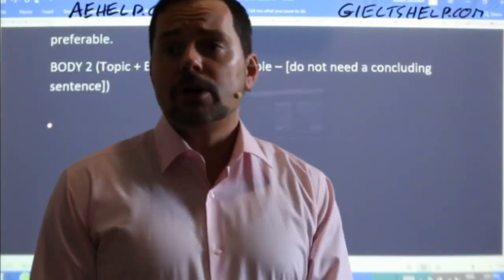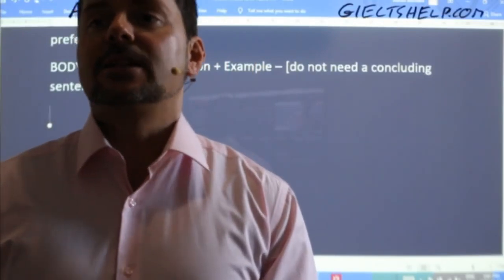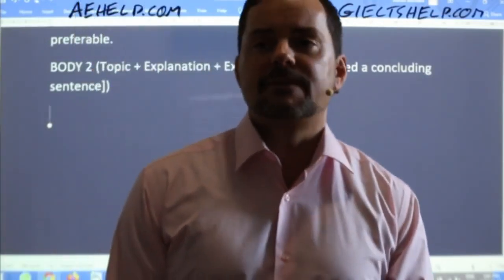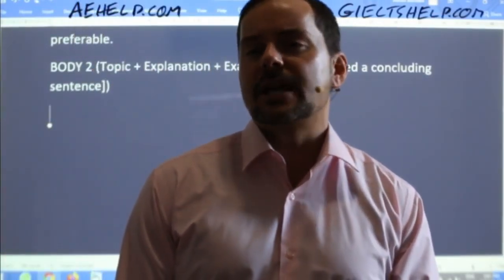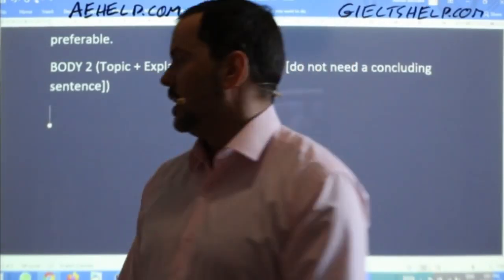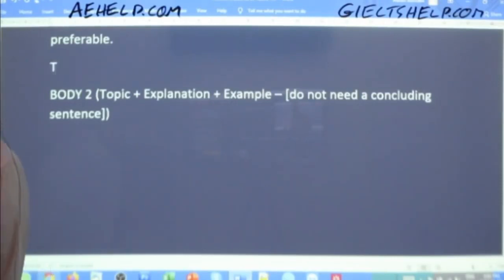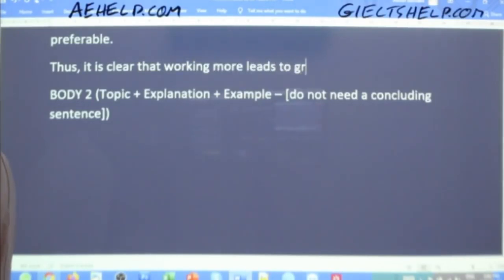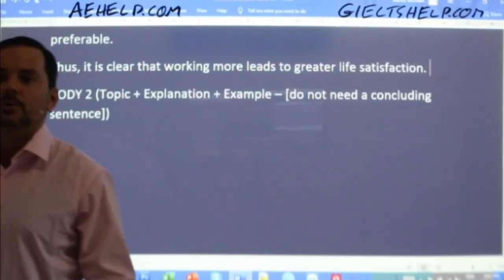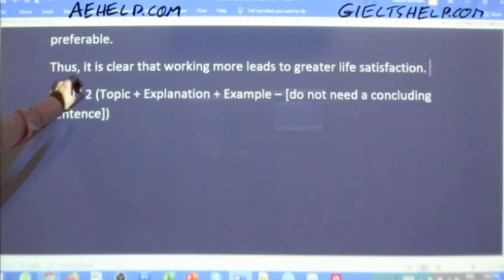For Dobbs, that works. So for Dobbs says that it is clear that working more gives more satisfaction. I would even say thus for Dobbs. So for Dobbs, I would write that connecting sentence like this if I were you. Thus, it is clear that working more leads to greater life satisfaction. Okay, that's the more accurate sentence for your...